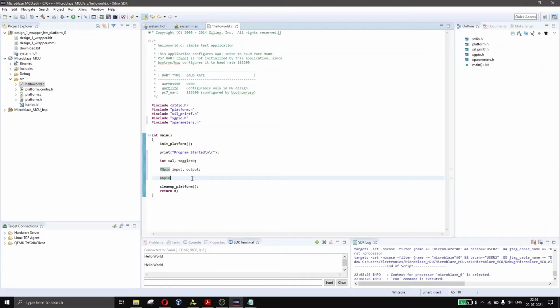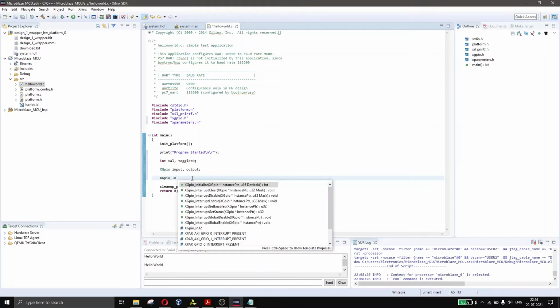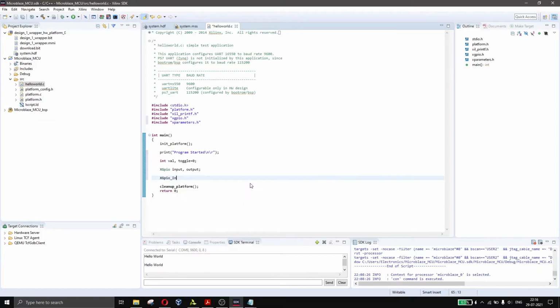So I'll just type initialize. Yeah, so this is the function that we are going to use, xgpio initialize. First the instance pointer that is the input we have to pass, and then the device ID. So I'll click this.